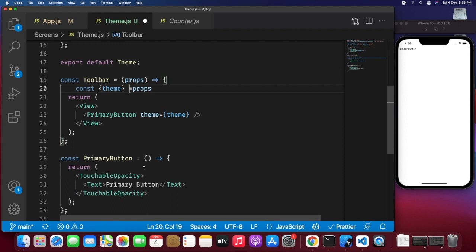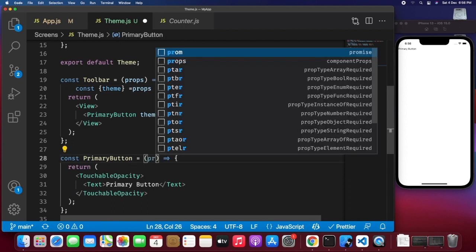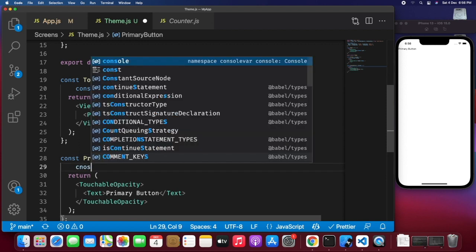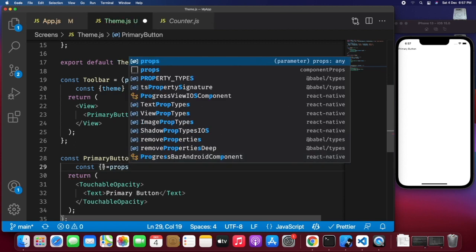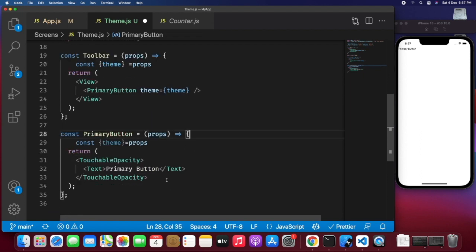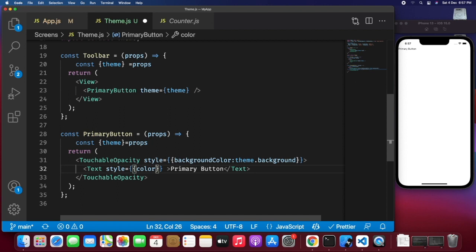Now within the primary button, again props, and const theme equals props. Now I have received the theme within this primary button, through the toolbar. So I can switch colors based on the theme prop. I have the current theme and its background color and foreground color. So style equals background color is theme.background,